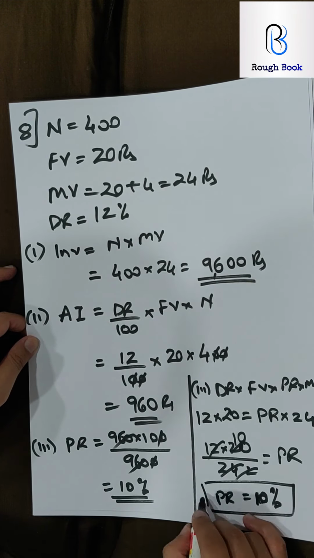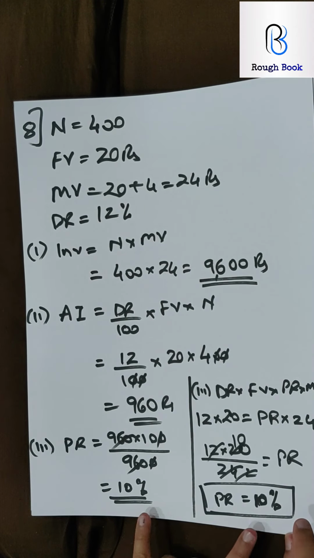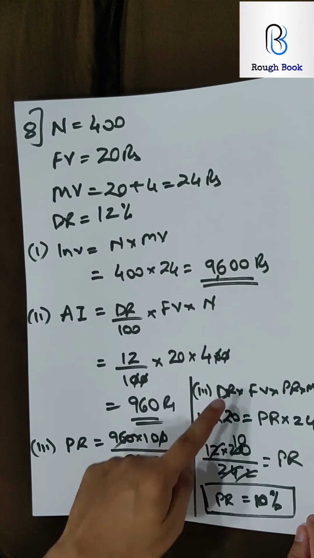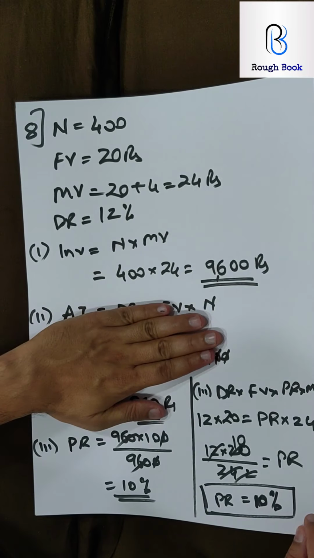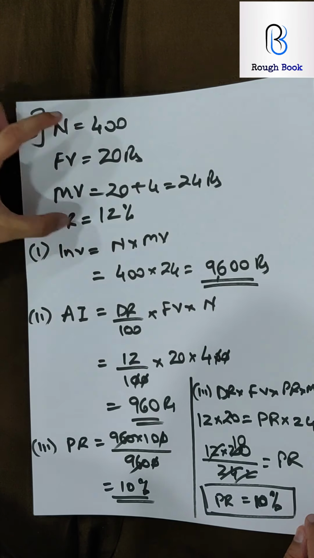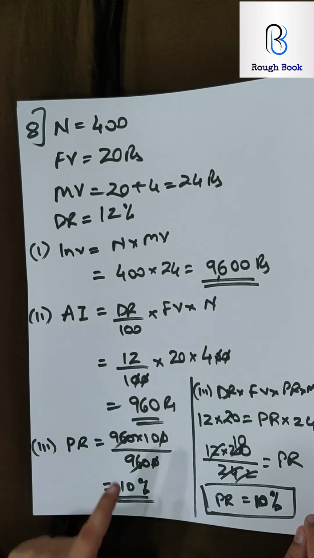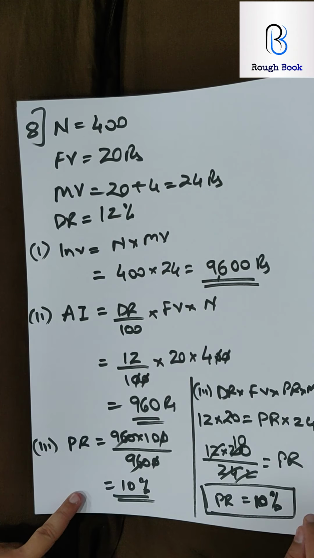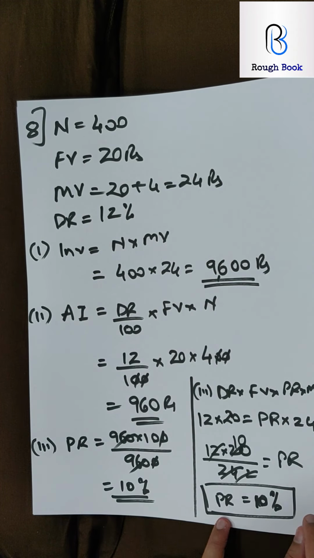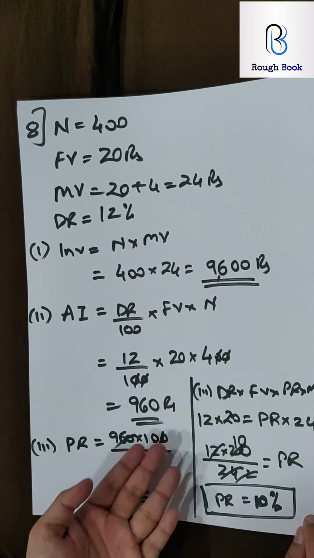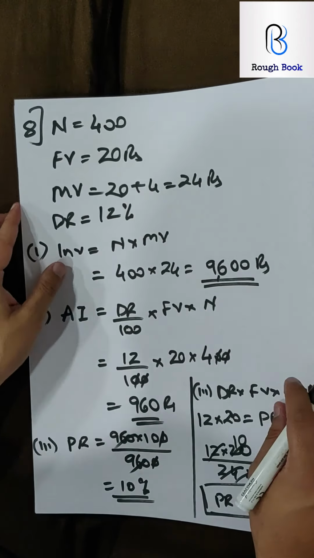So did you notice that whichever method you apply, the answer remains the same. For this method, I didn't even need this. In fact, this data was sufficient. But for this, I have to do the lengthier method. So therefore, whenever PR is asked, you can use this directly. In case you want to use this, you are allowed to, no problem with that.